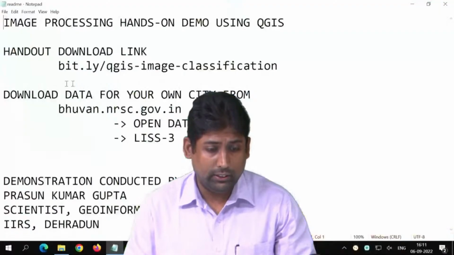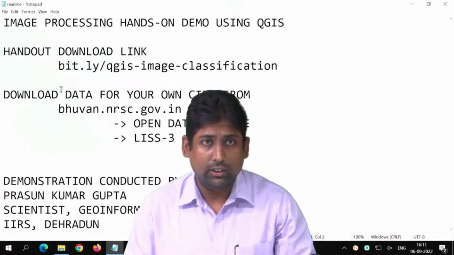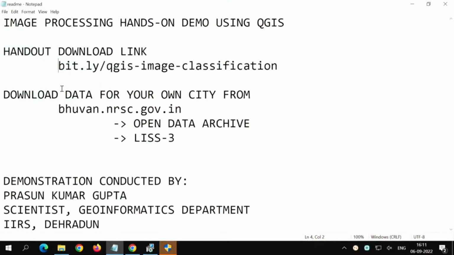And today I will show you how to do some basic image processing on satellite imagery using free and open source software QGIS. The handout for today's session, that is the step-by-step instructions on how to do this session, is available on this link,